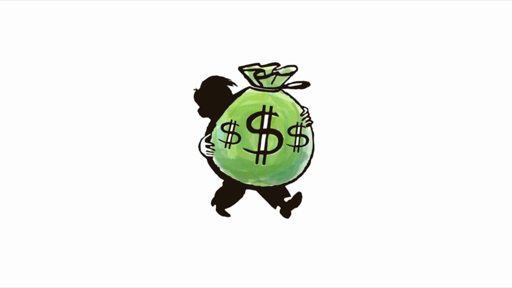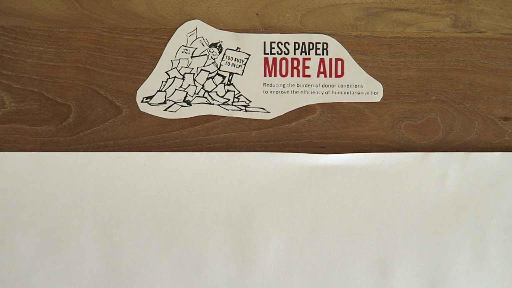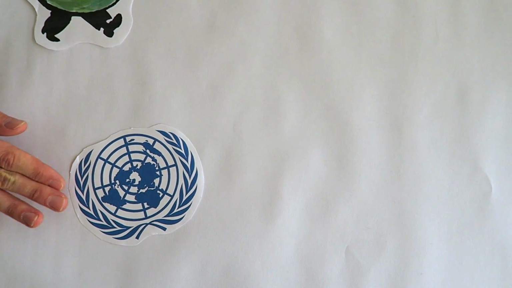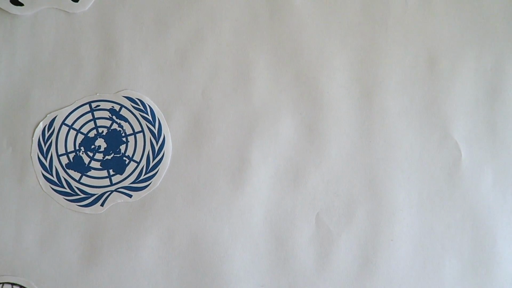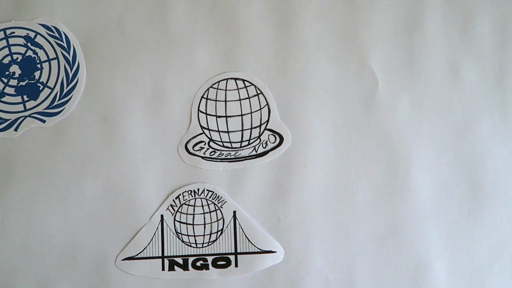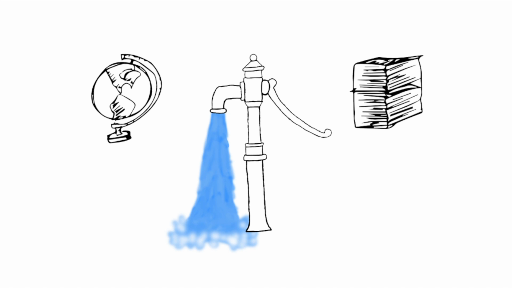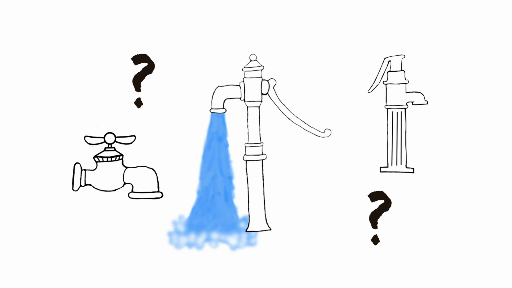Let's start with the donor. Let's call him Mr. Donor. Mr. Donor is looking to contribute a large sum of money so that a water pump can be built. First, he wants to give his money to an aid agency such as the UN. The aid agency is not going to directly implement the project, therefore they transfer some of the money to a partnered non-governmental organization who understands where to build the pump and which pump is most appropriate.